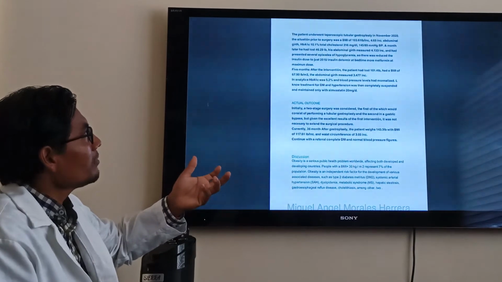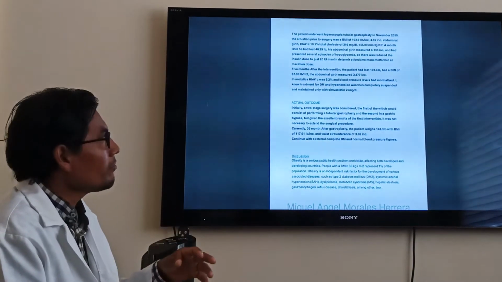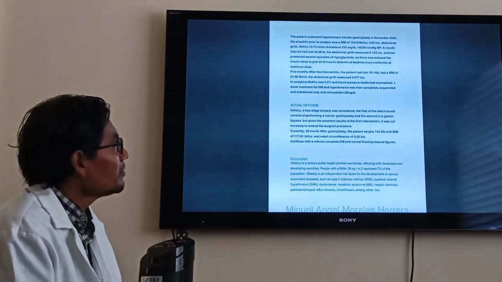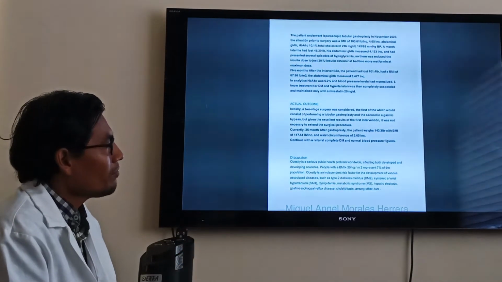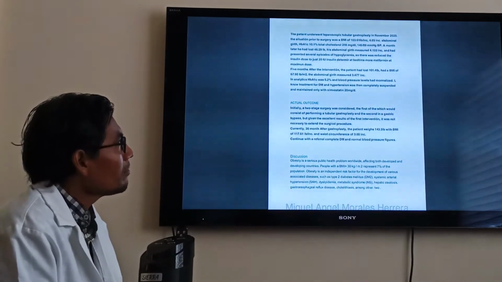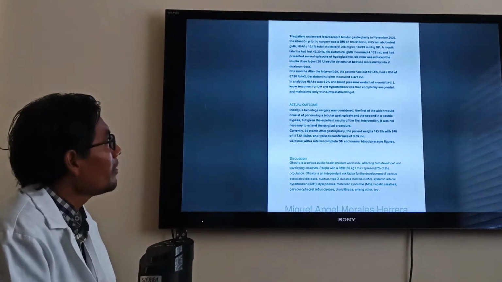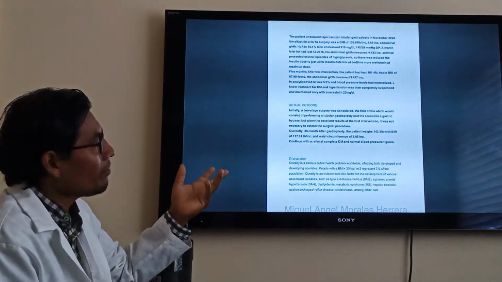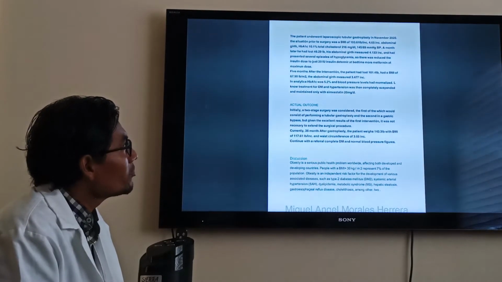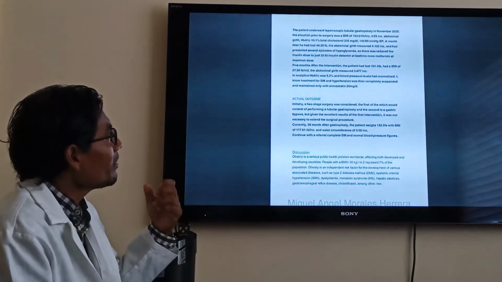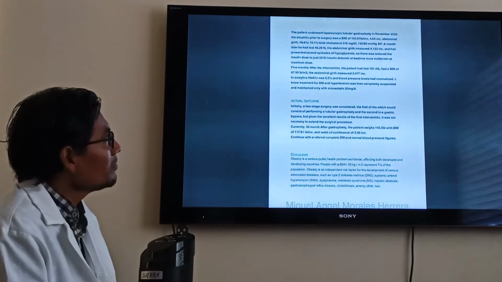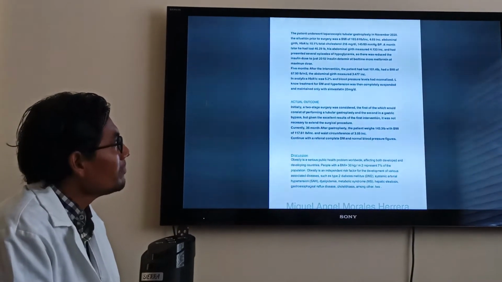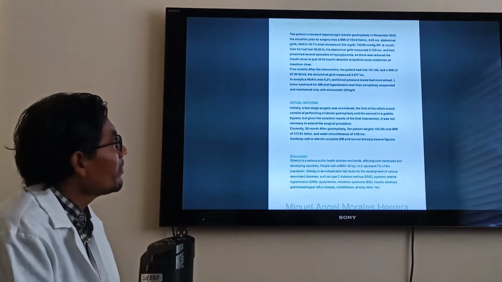And a month later, he had lost 46.99 kilograms. His abdominal girth measured 4.0 130 and he had presented several episodes of hypoglycemia. So the insulin dose was reduced to 20 international units of insulin detemir at dinner, plus metformin at maximum dose.